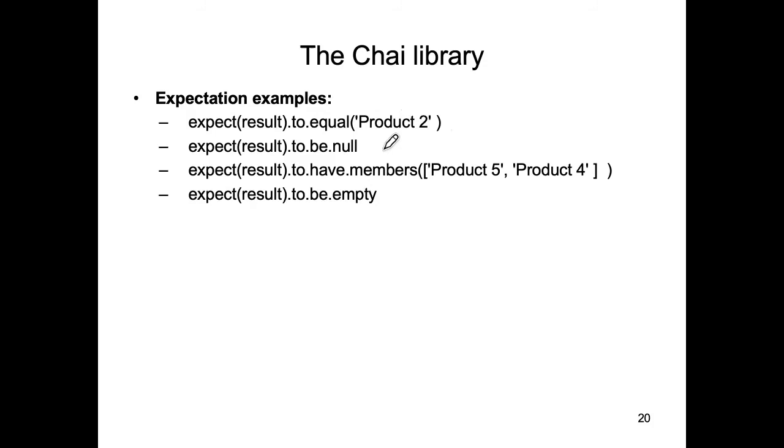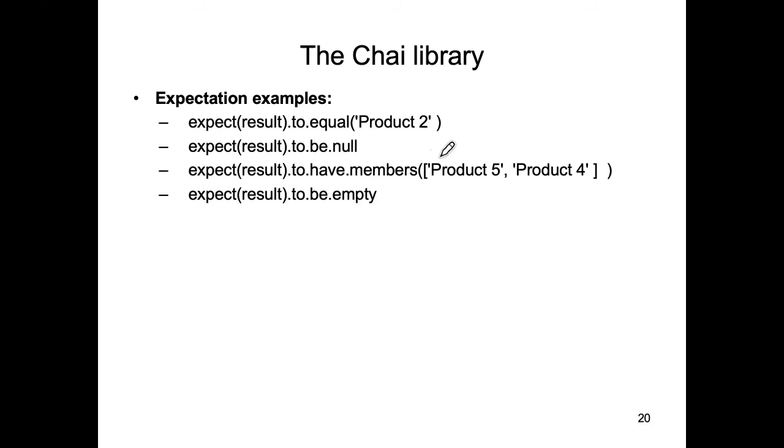Here's another example. I expect the result to be null, to be the value null. And it looks like result in this case might be an array of strings, let's say. So I expect the result to have the members that and that. If we didn't have this Chai library, how would I code this type of expectation using JavaScript? I'm just going to have to use an if statement. I'm going to have to say if result subscript 0 equals product 5, or result subscript 1 equals product 5. So it's going to be a very long-winded